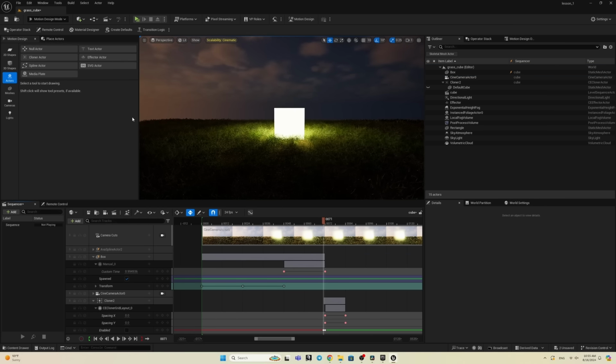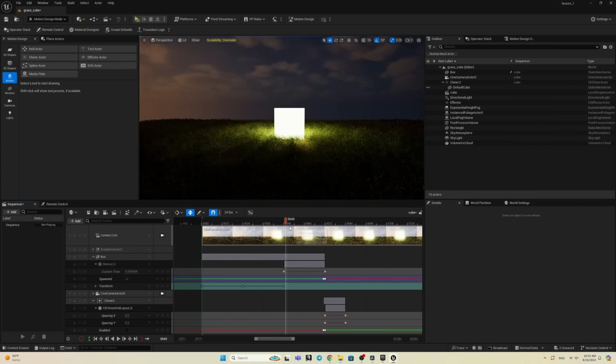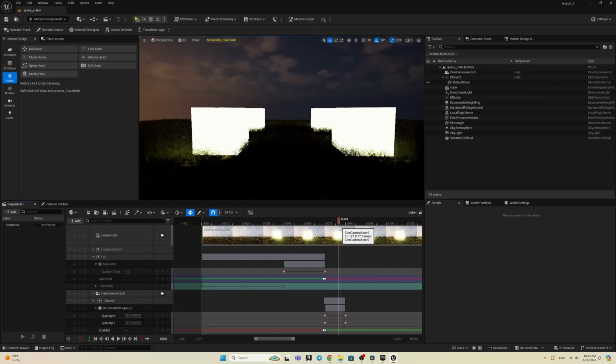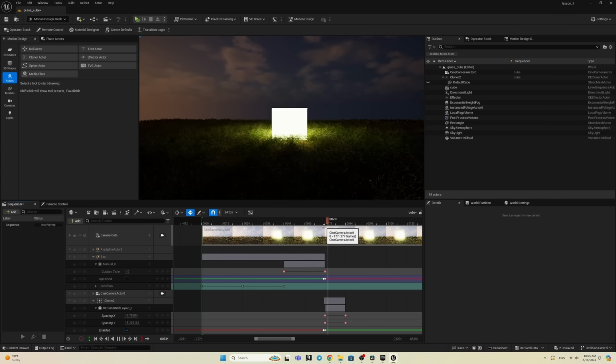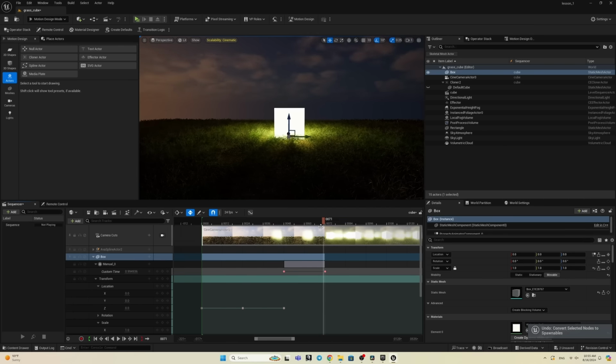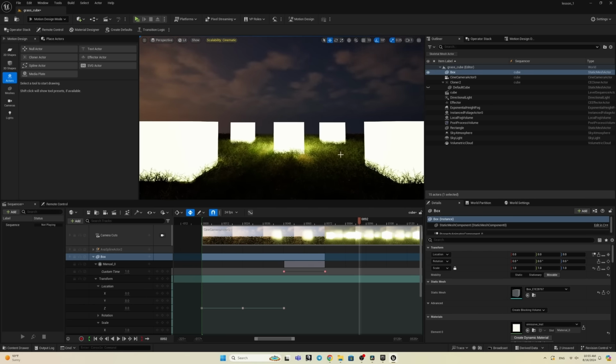You can also use the spawned option to make the original cube disappear. However, I don't recommend using it because sometimes there are bugs in the render. But you should know about this option. Okay, now I want to show you